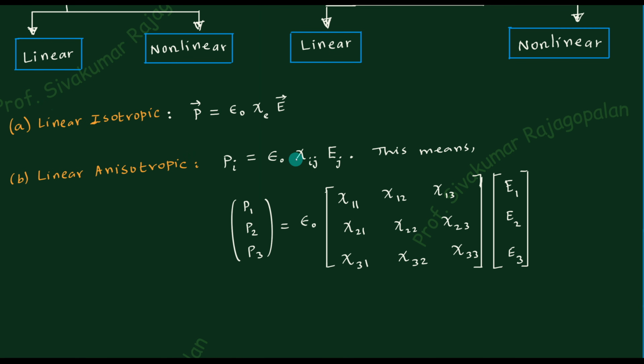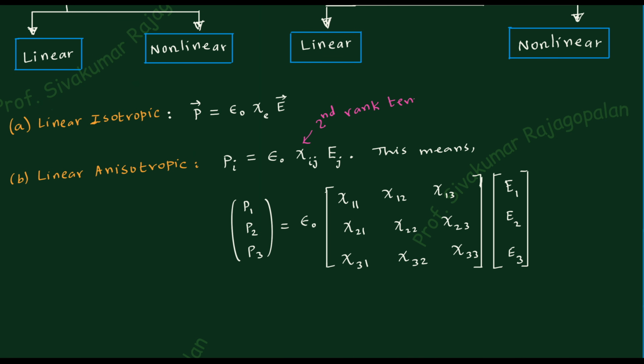So the moment you see here chi ij, automatically the number of elements are well known and therefore one can write down easily. And now it is clear that if you multiply this, you will be getting one equation for P1, another equation for P2, etc. So this kind of notation, namely the suffix notation or what you call the tensor notation, is quite compact rather than writing this big expression like this. So therefore, the tensor notations are the notations that are used to write down things in a compact manner. That's all about it. So let us therefore move on to the next case, namely the nonlinear case.